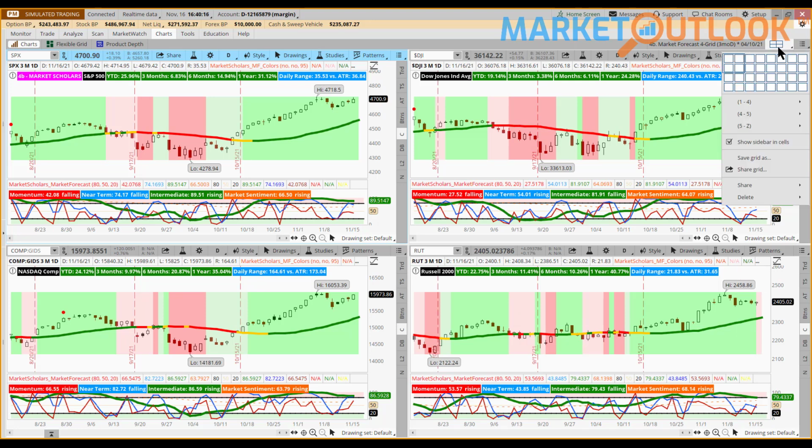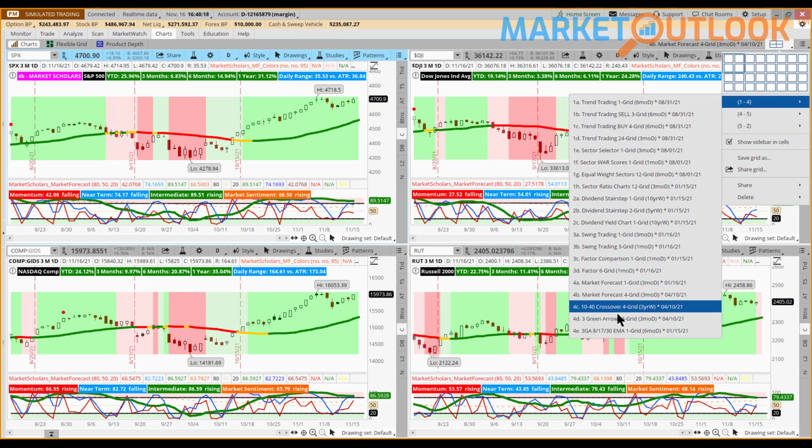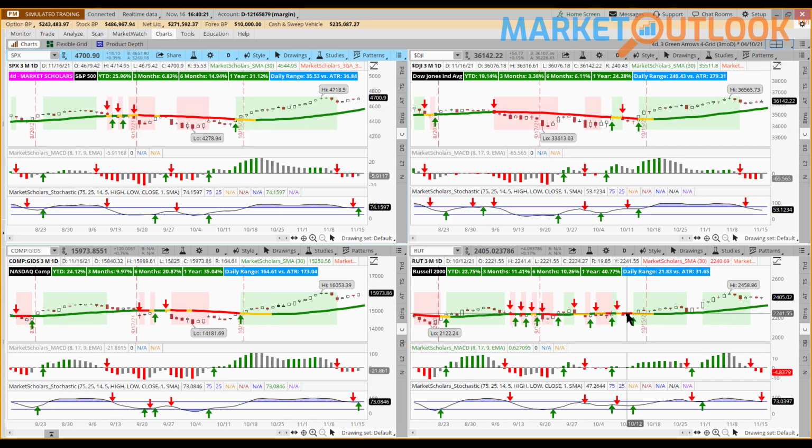Let's go ahead and take a look at our three green arrows setup now. This will be chart 4D for those of you following along at home. Remember that the three green arrows that we're looking for on each of these charts represent the 30-day moving average, the MACD histogram, and the stochastic. At this moment in time, we actually don't have any of these four charts with either three green arrows or three red arrows. In other words, we've got a mix of green and red arrows on all four of these charts. We have a little bit more of a sideways feel to this market